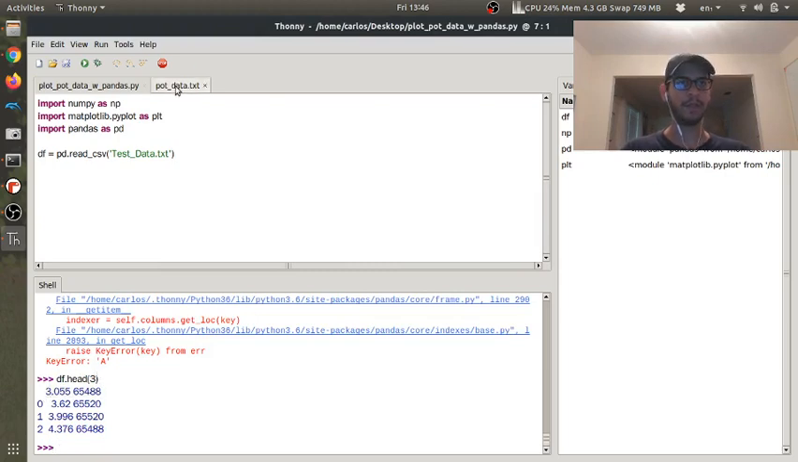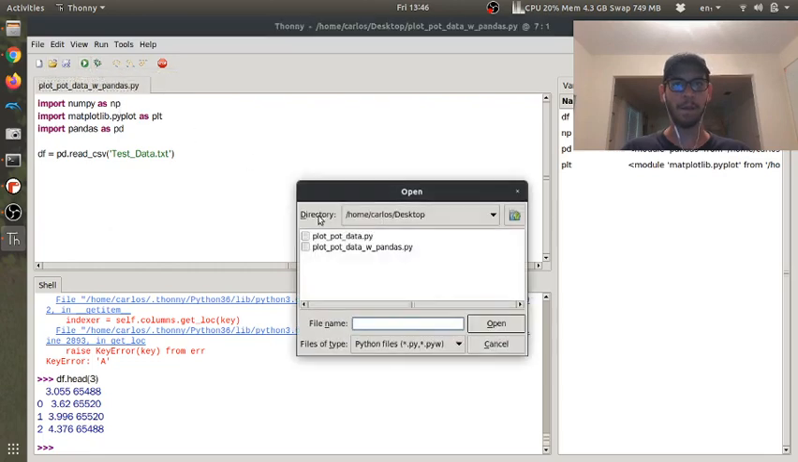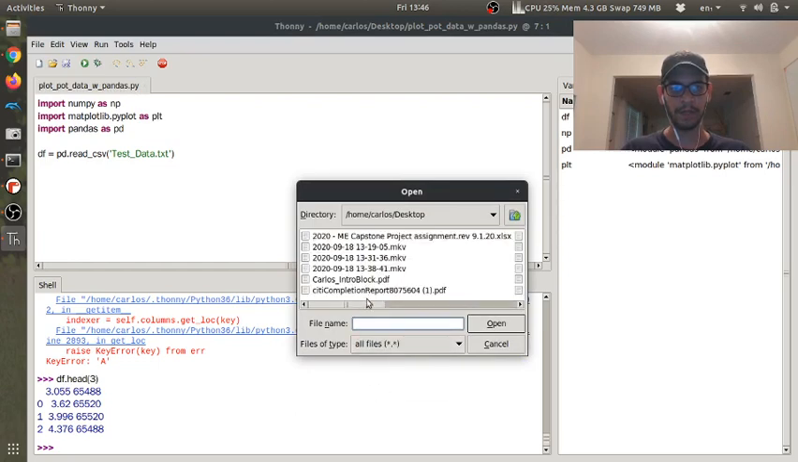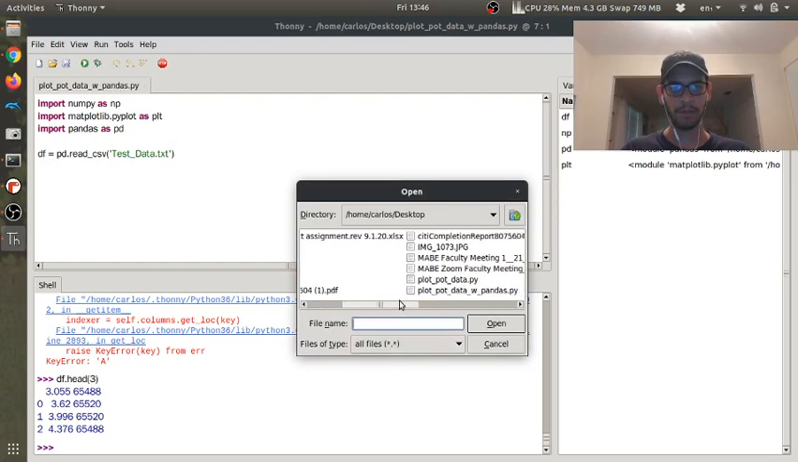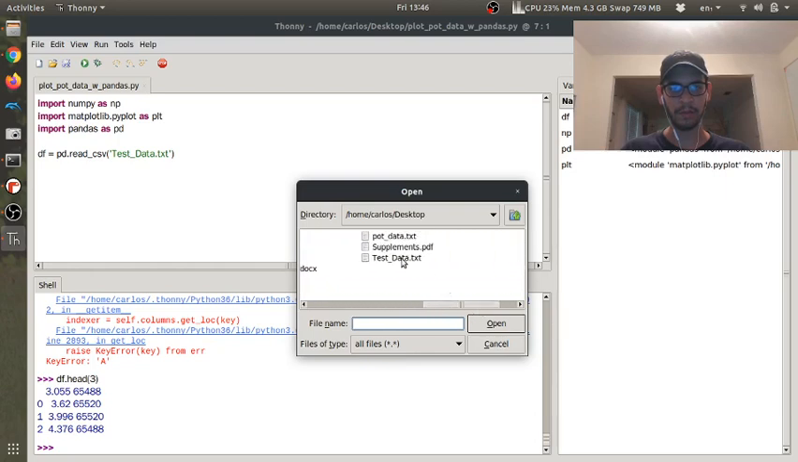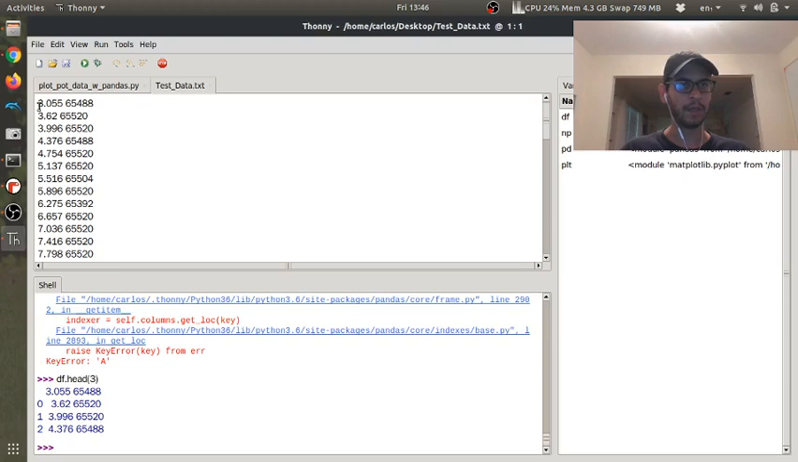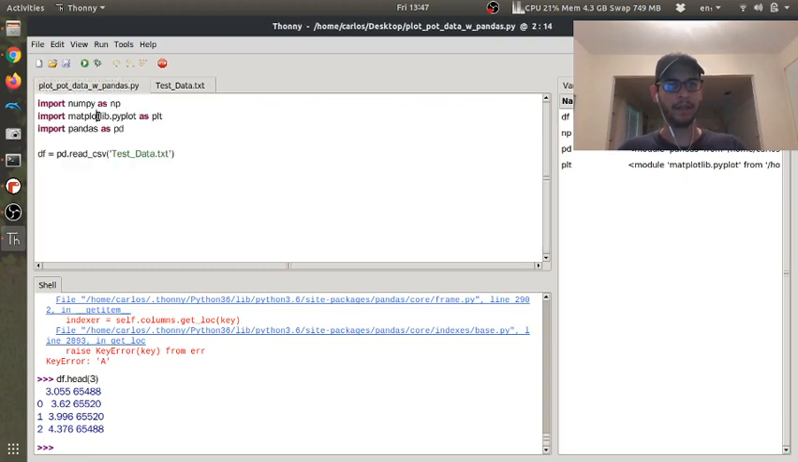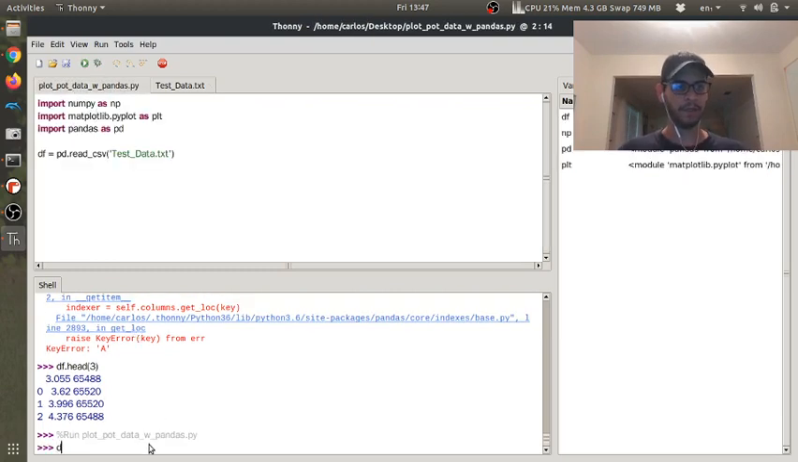That's no good. So we actually need to go back and open, we need to open all files, desktop, and we need to import test data. And we need to make a header for this, time and DO. And now let's try this again. There we go. So now df.head of